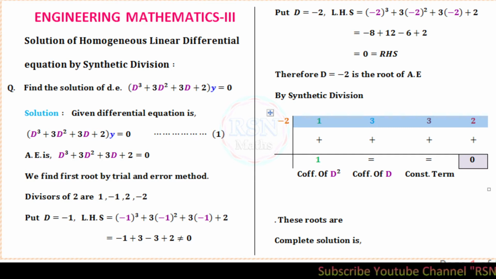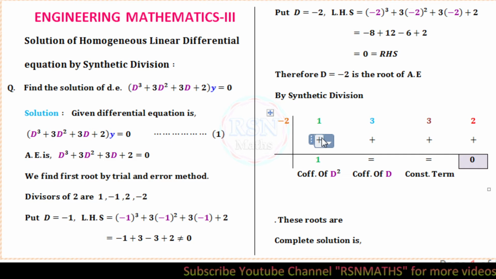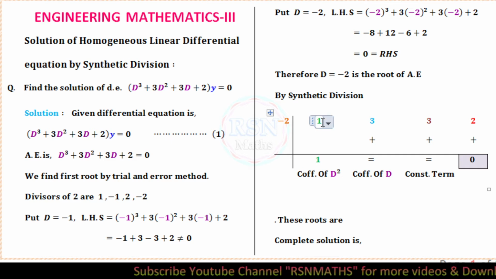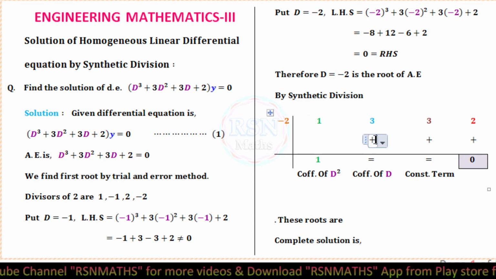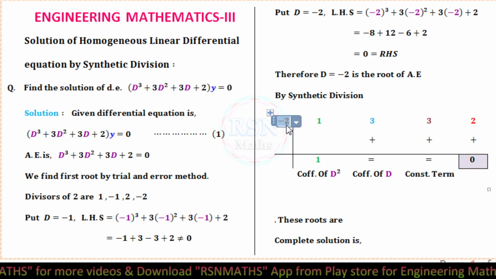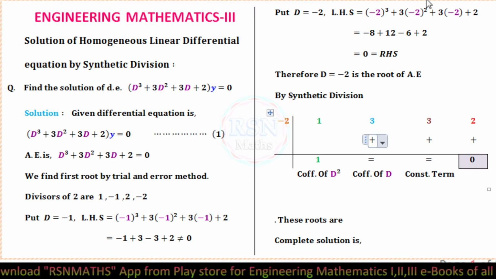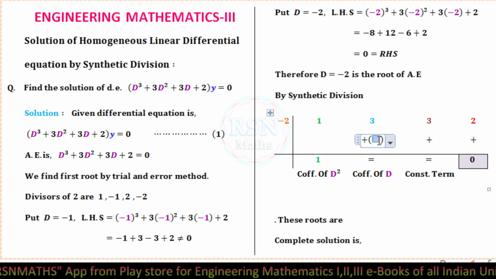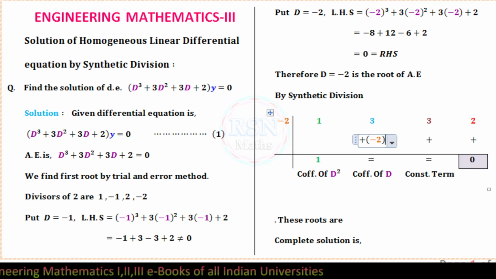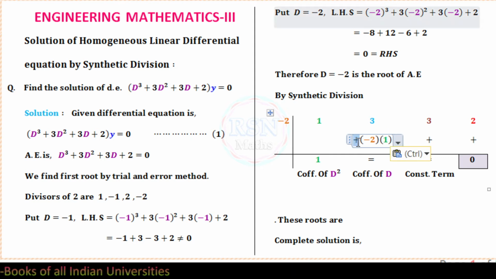Okay, now here you have to write the first element 1 as it is in this place. Now here how can we write this element? See carefully, in this place we have to multiply this element -2 and this element 1. Here we are taking the multiplication of these two elements and then adding it with this 3. How can we take this element? Are you getting it, everyone?